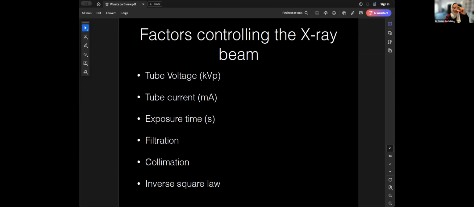For a child, I need a lower number of photons to produce a diagnostic image versus a big buff guy مثلا, I will need more number of photons to produce an image. This is where the clinical connection is. فأنا أقدر أزود milliamperage أو أقلل milliamperage depending on